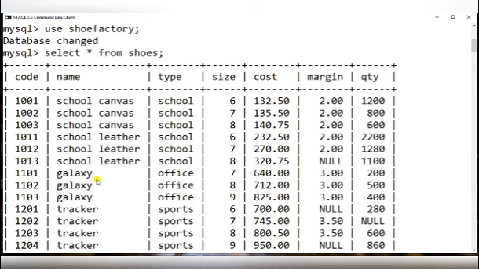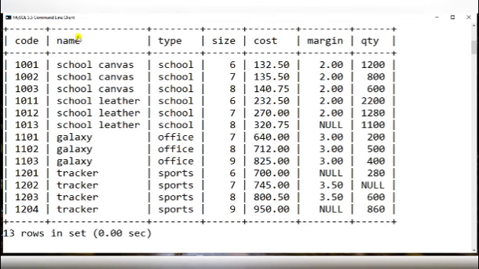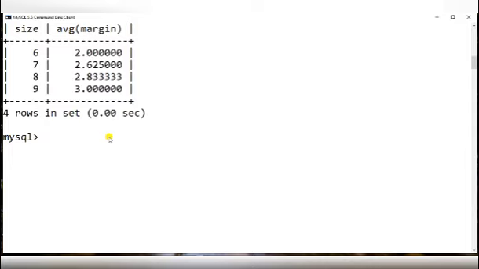Now as names also have repeated values, we'll group data by name so that the total cost and average cost of shoes of each name should come to us. Let's do it like this. Total and average cost of each name of the shoe we have to find.